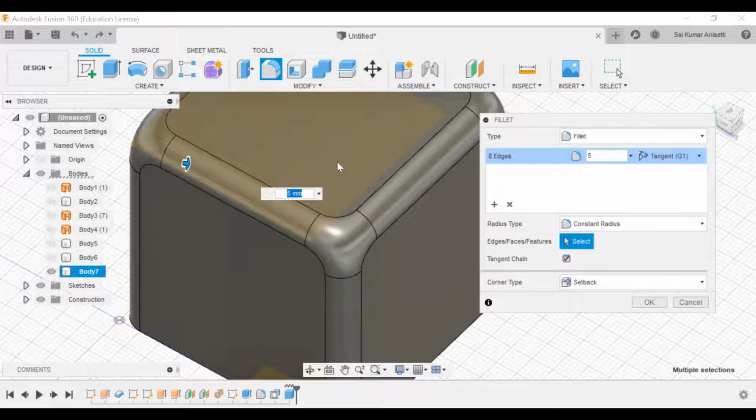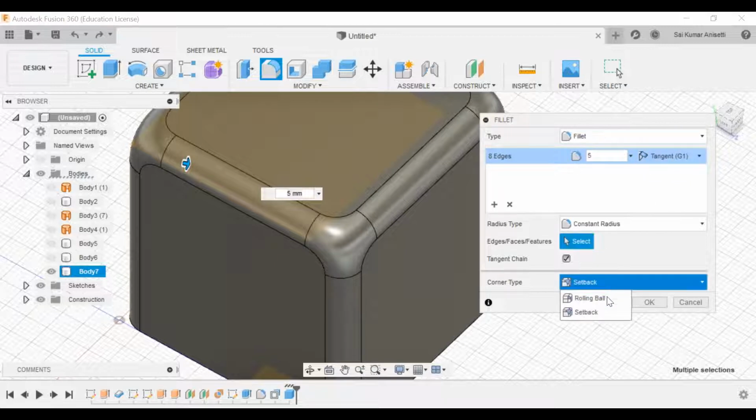Curvature continuity with respect to the top surface. If you look at this particular edge, it does not have any surface continuity with this edge. Only these three edges have surface continuity. You can learn this G0, G1 and G2 continuity in your theoretical part. G0 means point continuity, G1 means tangent continuity, G2 is curvature continuity. All these advanced features you'll be learning in your theoretical subject.